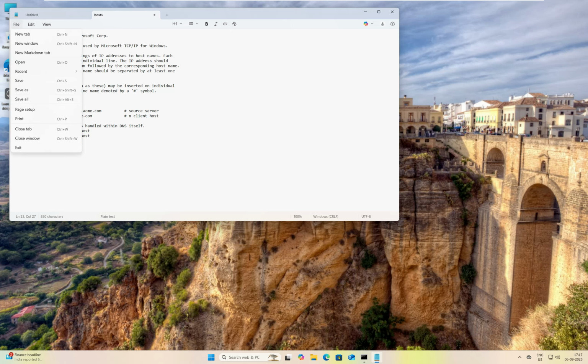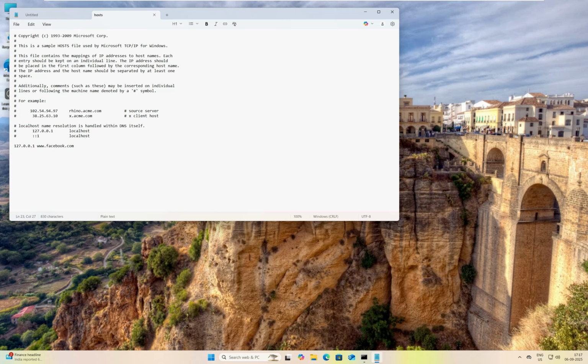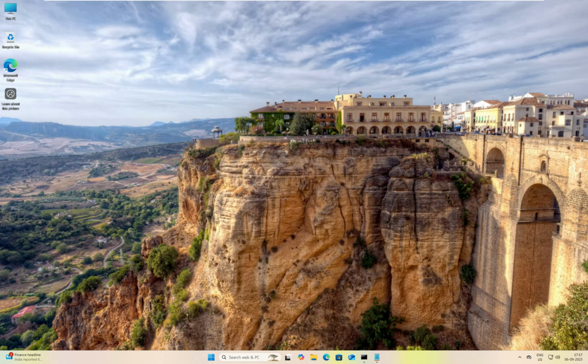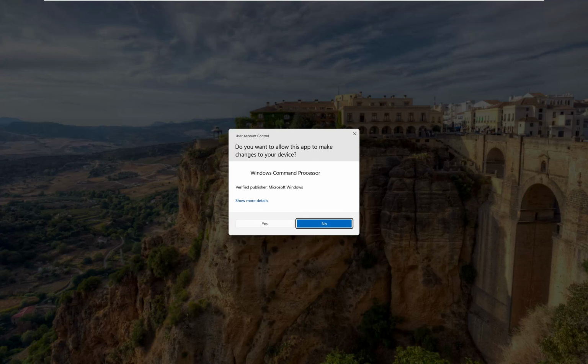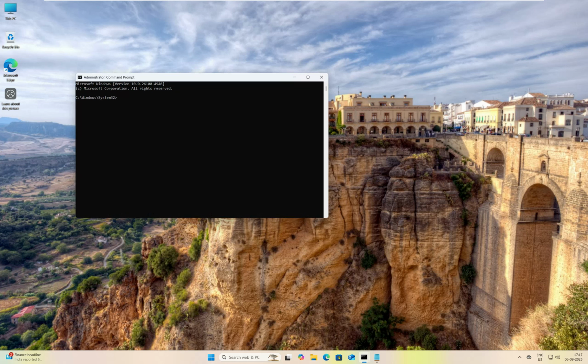Now we will save the changes we made in the hosts file. Our work with the hosts file is done. Let's minimize it. Now in the search bar, type cmd. We will open the command prompt as administrator. Here, click on Yes. Here we will type the command ipconfig